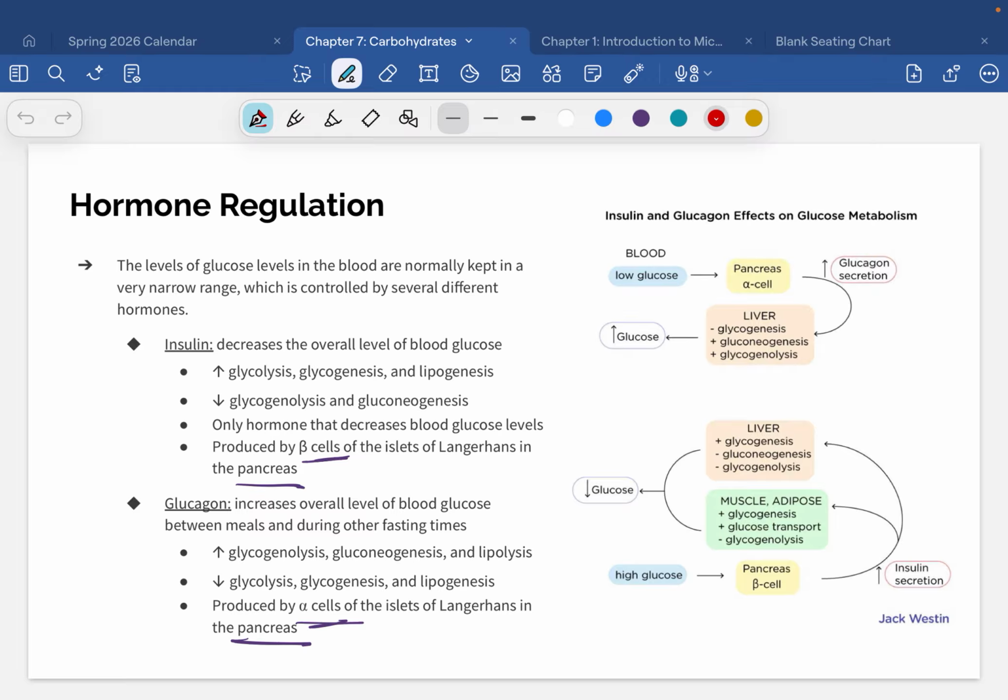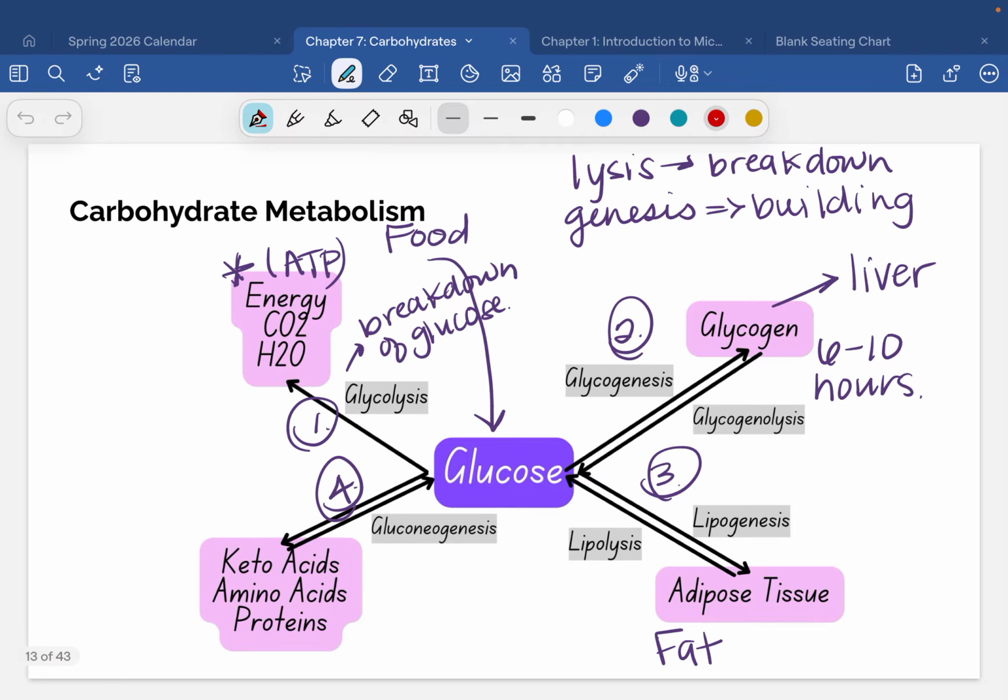Now, in human bodies, it's very, very normal for glucose levels to rise and fall throughout the day, specifically when you eat. After you eat, your blood glucose levels will go up, and then your body's job is to bring those blood glucose levels back down within normal range. And if it's been a while since you've eaten and those glucose levels are dropping below what we would consider a normal range, you will have hormones that will bring it back up. And that is all through the processes of the ones we talked about last time: glycolysis, glycogenesis, glycogenolysis, lipogenesis, and lipolysis.